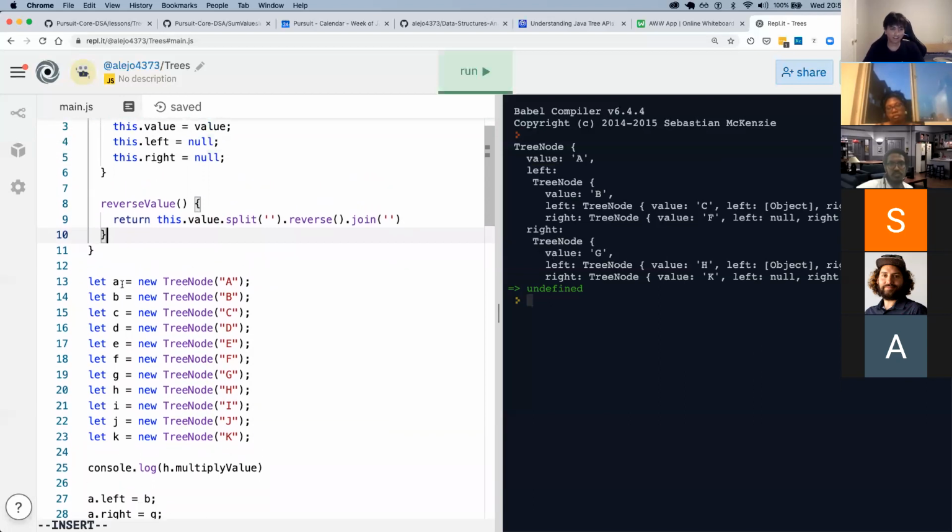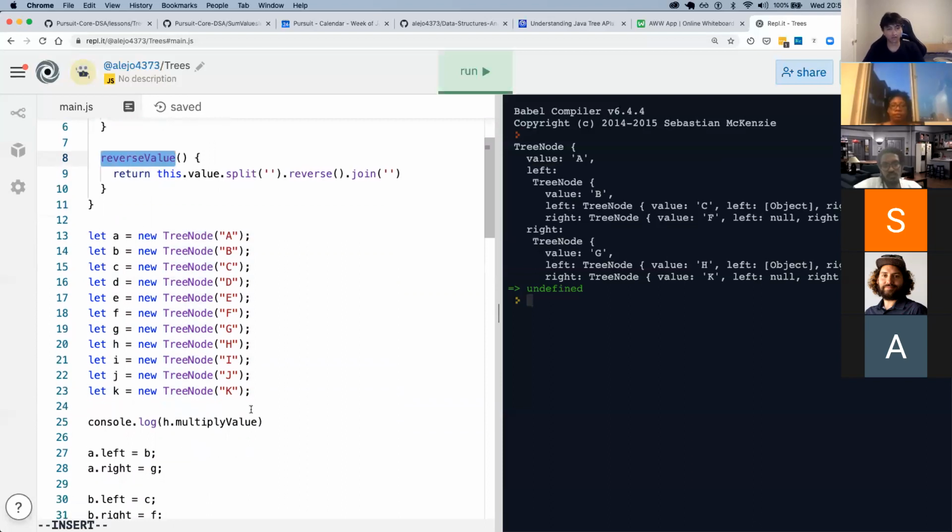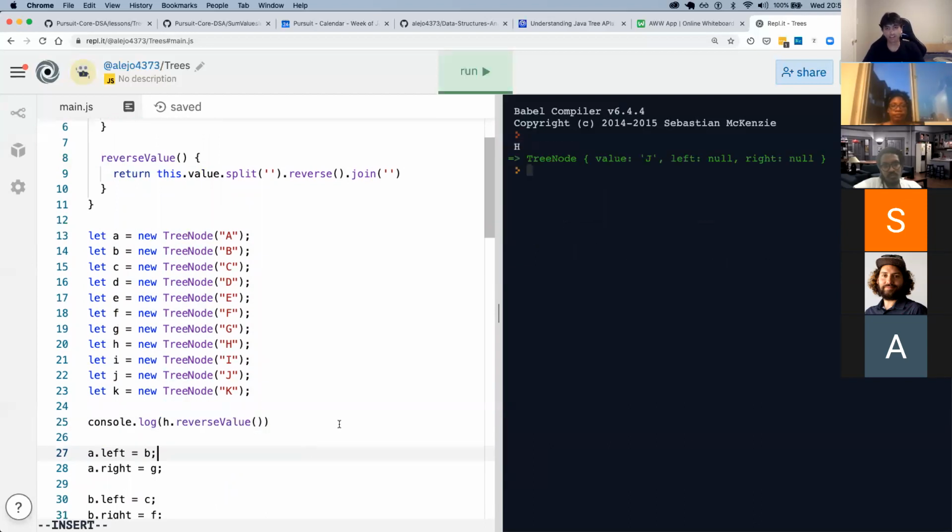Now, every single one of these nodes, because they are created out of the same mold or the same blueprint, which is the tree node, gets that function. If I do h.reverseValue and we invoke it and execute, great.